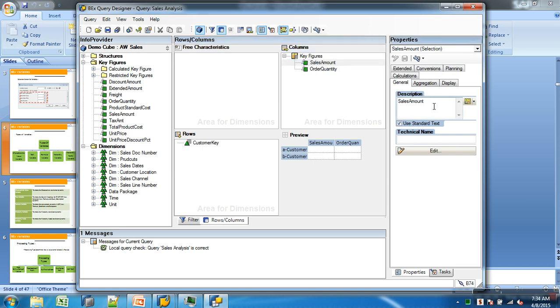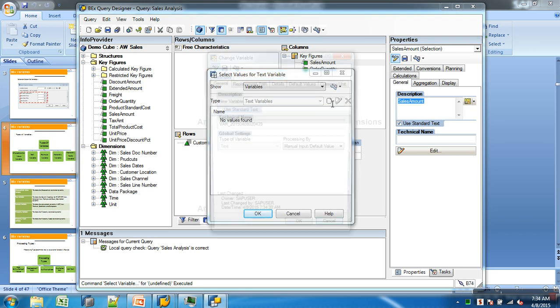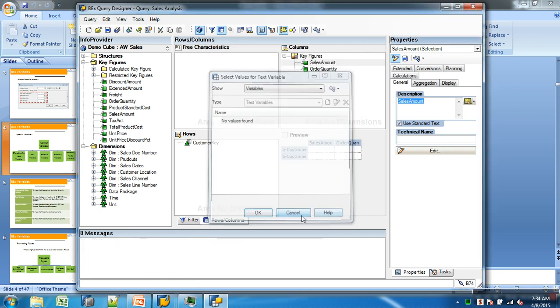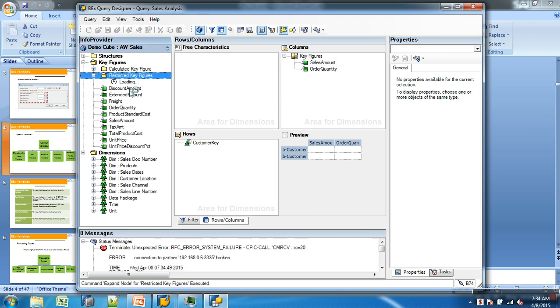Okay, this is a description of it. I can make this dynamic by using these text variables here. I can say create. So the type of variable is what? Text. So that is one. And even in case of, say, you building a